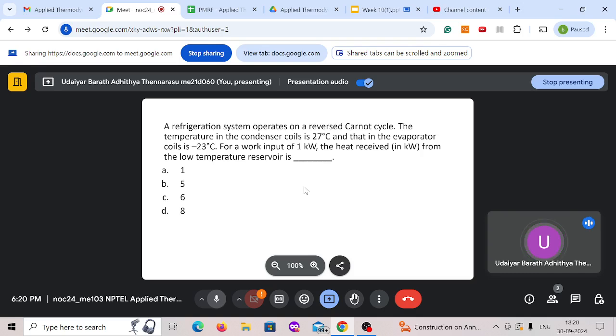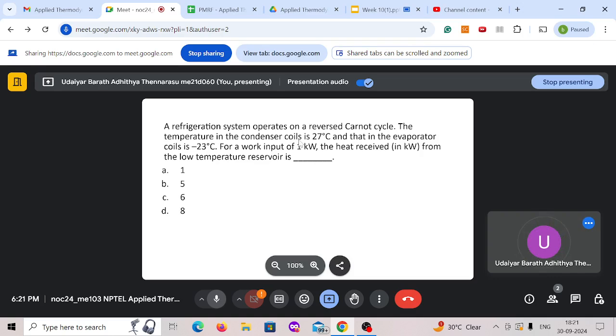The next question is, a refrigeration system operates on a reversed Carnot cycle. The temperature in the condenser coil is 27 degrees Celsius, and that in the evaporator coil is minus 23 degrees Celsius. For a work input of 1 kilowatt, the heat received from the low temperature reservoir is,